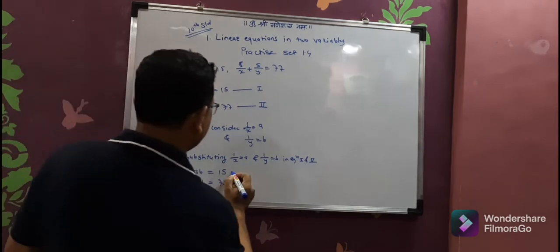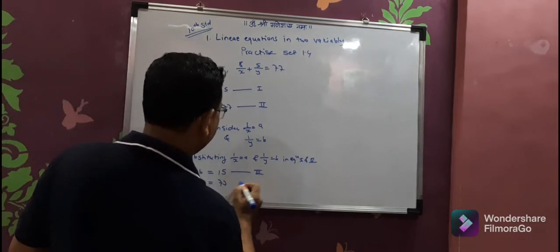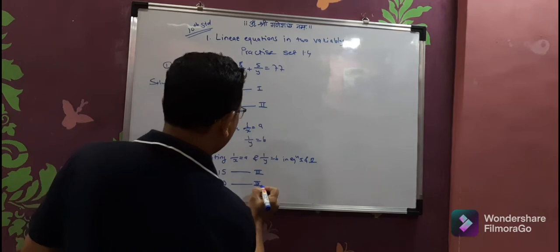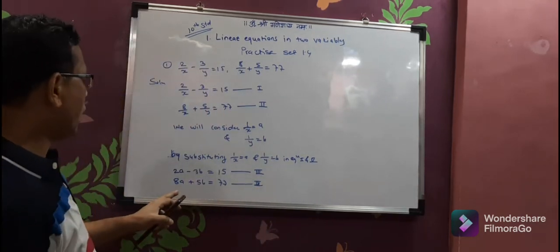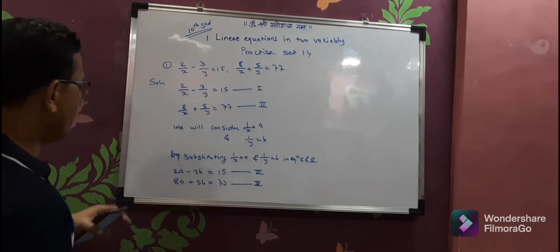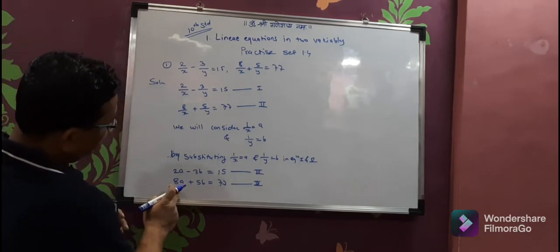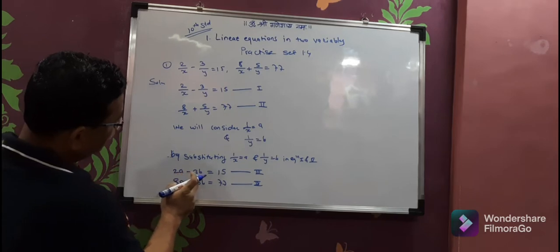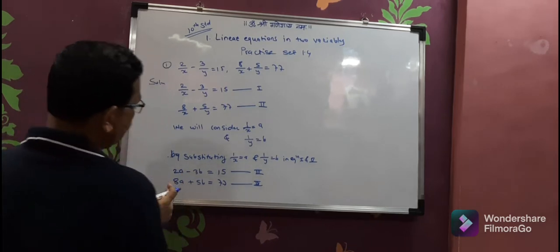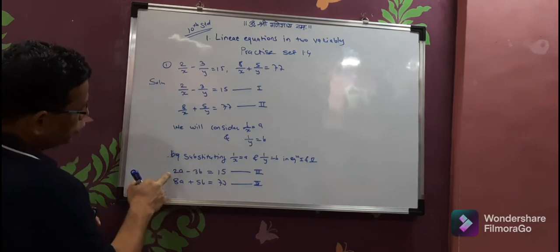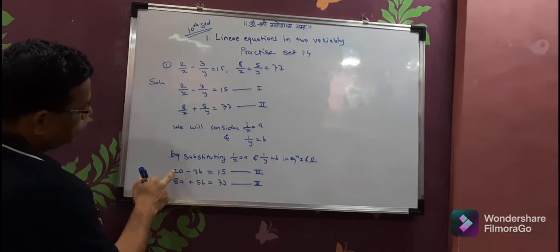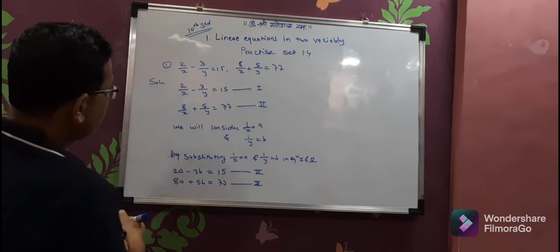So we will say this is equation number 3 and this is equation number 4. Now we will solve this problem. We have to calculate the value of a and b. Here we have 8a + 5b, and here 2a - 3b. You have to make one variable common in both the equations. So this is 8a; if you multiply this 2 by 4, it will become 8a. So it will be useful for us for the subtraction.